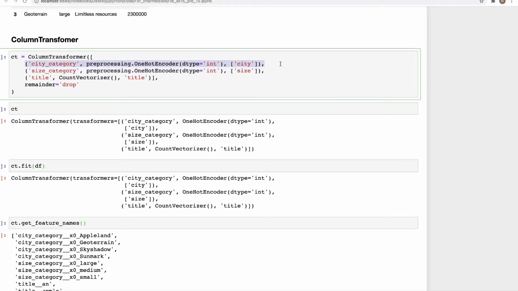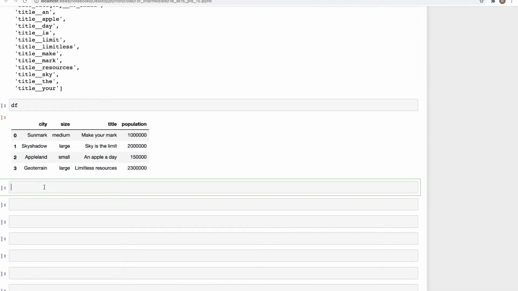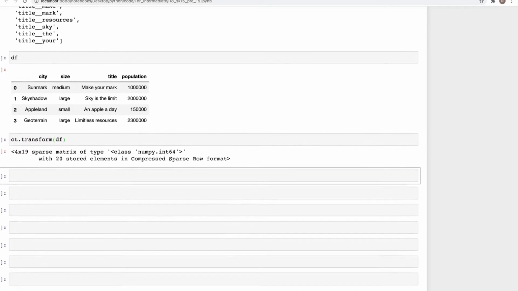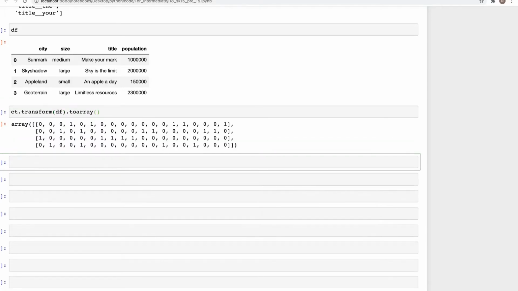So first the column city would be worked on, then the size would be worked on, title would be worked on, then remainder would be dropped, and then the resultant output is shown as a transformed array. So let's now go ahead and perform the transformation. ct.transform(df), and when we run this, we get this object, and if you type toarray, then we get this